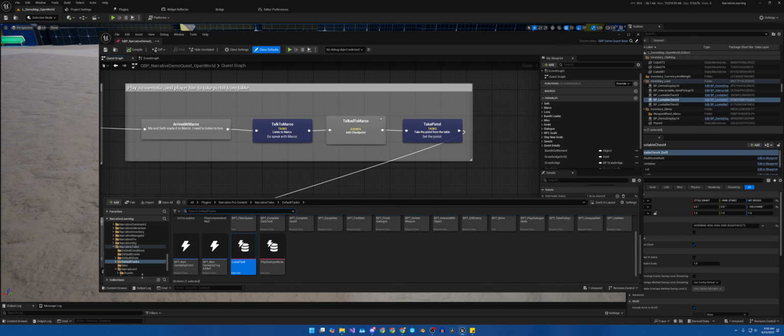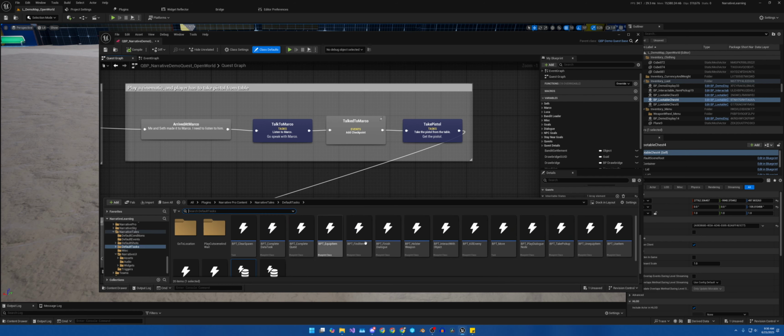So we come in here into the content browser. We go into the plugin folder, Narrative Pro Content, and then Narrative Tales, Default Tasks. Here is where all of the tasks are. So we have play cutscene and wait. If we go ahead and open this up,